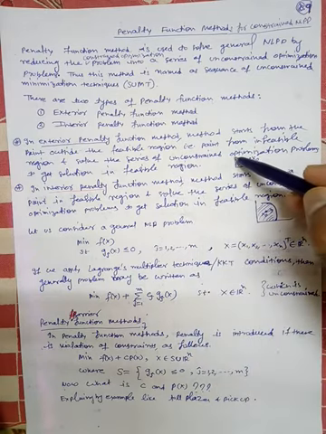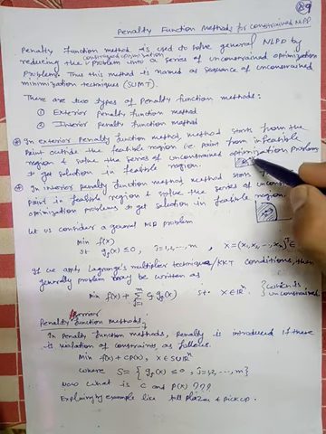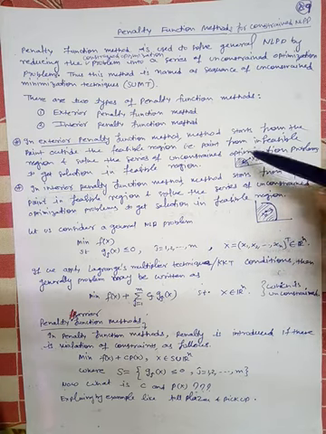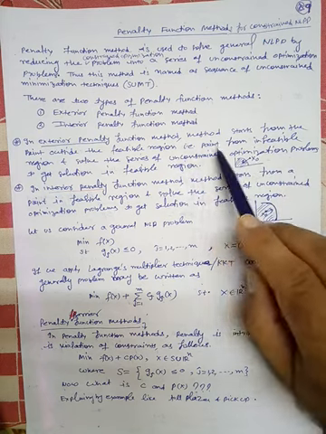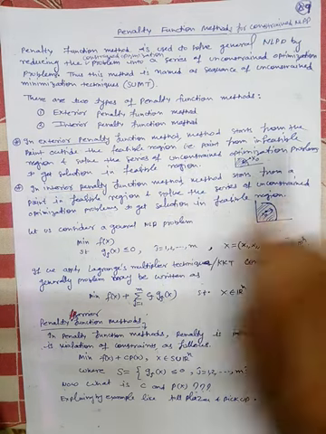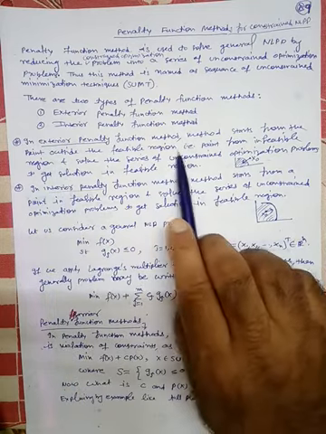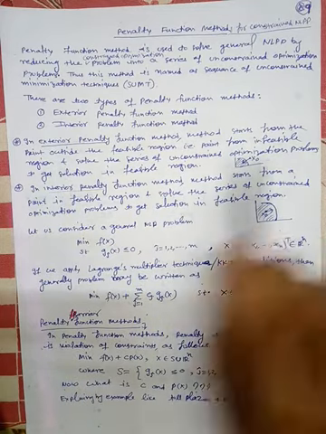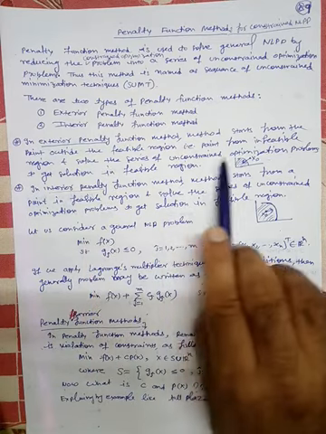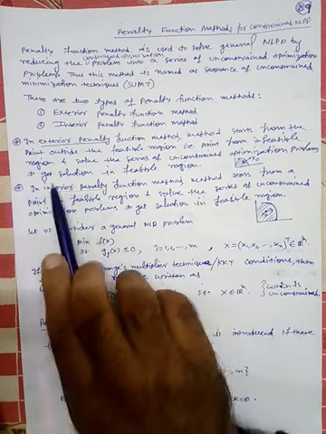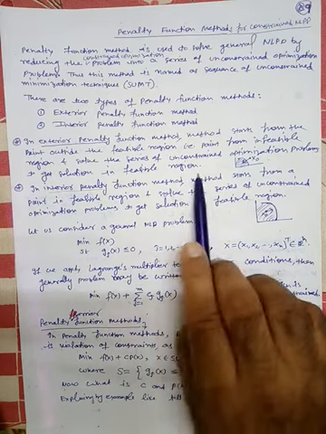For example, here this is the shaded region. Here is the point outside, this is the starting point, and then we are moving towards the feasible region. That is, the penalty function method starts from a point outside the feasible region, that is, a point from the infeasible region, and solves the series of unconstrained optimization problems to get a solution in the feasible region.